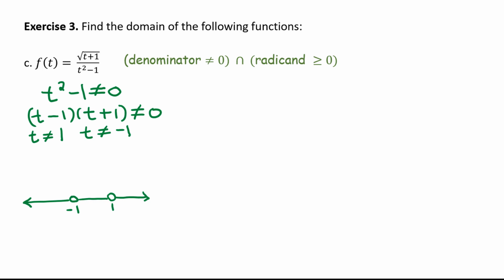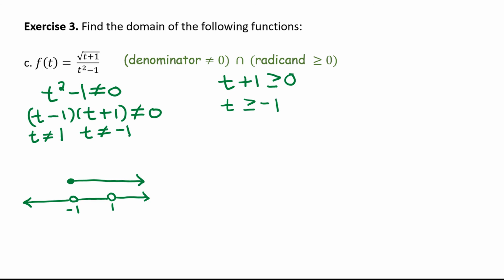But moving on, now to the radicand of t plus 1. Since it is under a square root, we need to solve t plus 1 to be equal to or greater than 0. We'll subtract 1 from both sides, and this inequality becomes t is equal to or greater than -1. Let's superimpose this restriction onto the current number line. We can solid circle -1 and draw a number line to the right going indefinitely, so t is all numbers